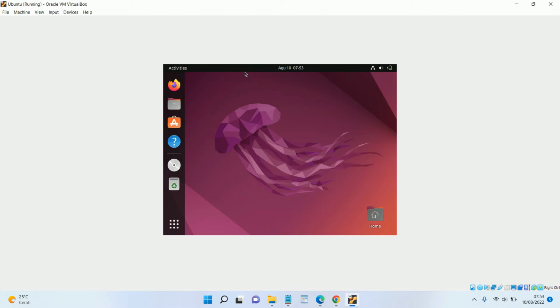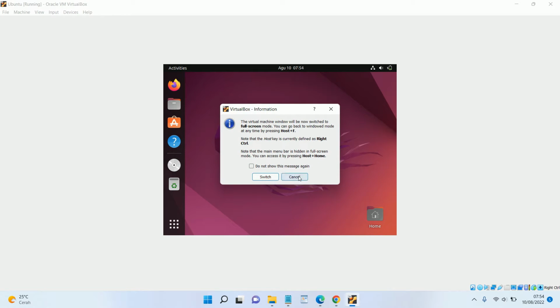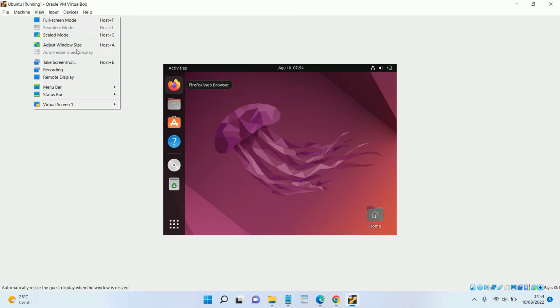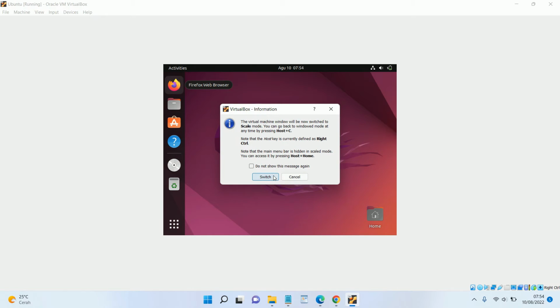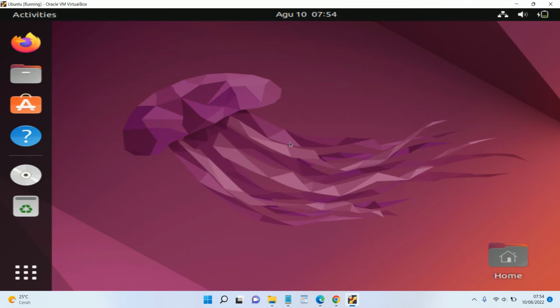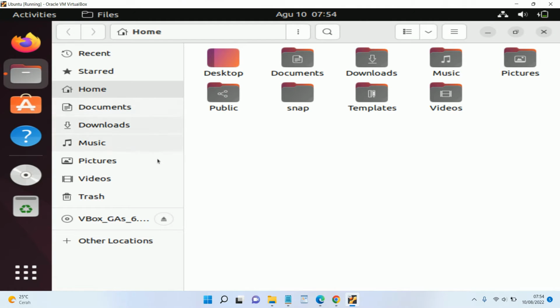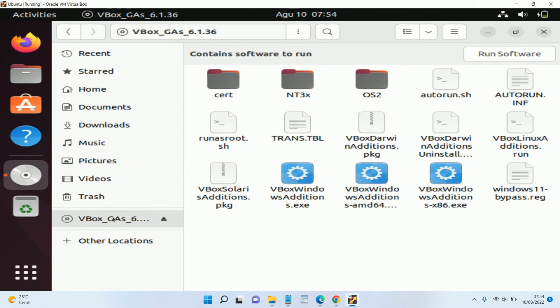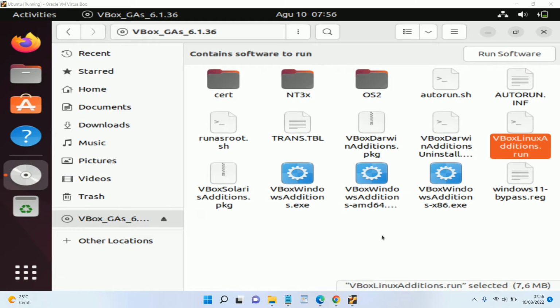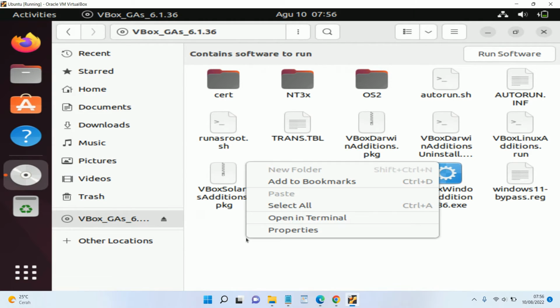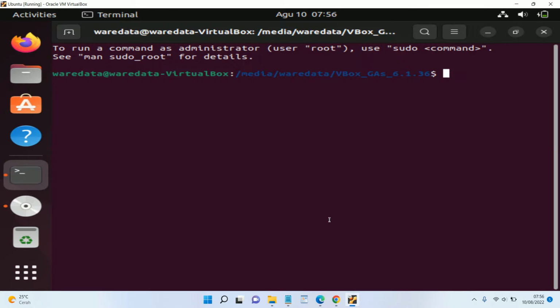Okay. And we will make this not full screen, but in scale mode like this. You can open the files, and in here you will see there are many files. In here you can try to run these files, and to do that you can open in terminal like this,